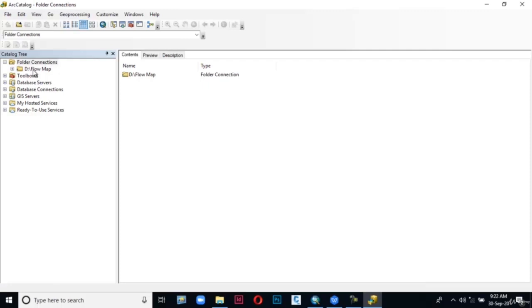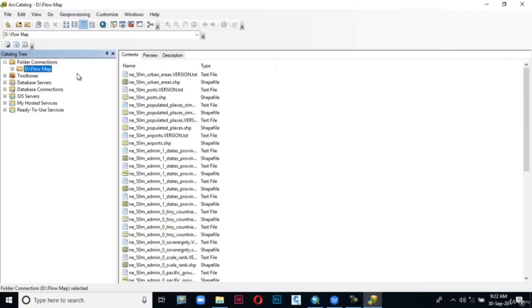So here is the folder, click on it. All the files available will be displayed here. As you can see, files are being displayed. Now we don't see all those strange files like we saw in Windows Explorer. Here in ArcCatalog, all of these shapefiles are aligned and they have a green icon and a name specified to it, just like we saw